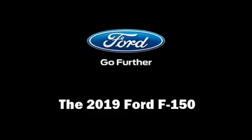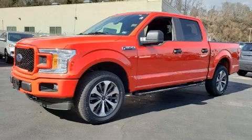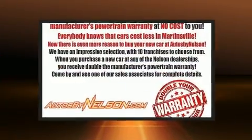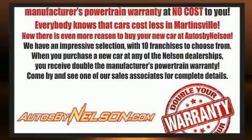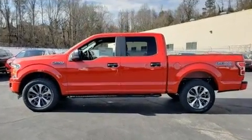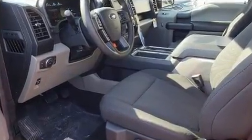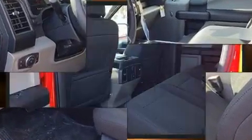Discerning drivers will appreciate the 2019 Ford F-150. It features an automatic transmission, four-wheel drive, and a refined six-cylinder engine. Top features include a split folding rear seat, a tachometer, variably intermittent wipers, a rear step bumper, fully automatic headlights,